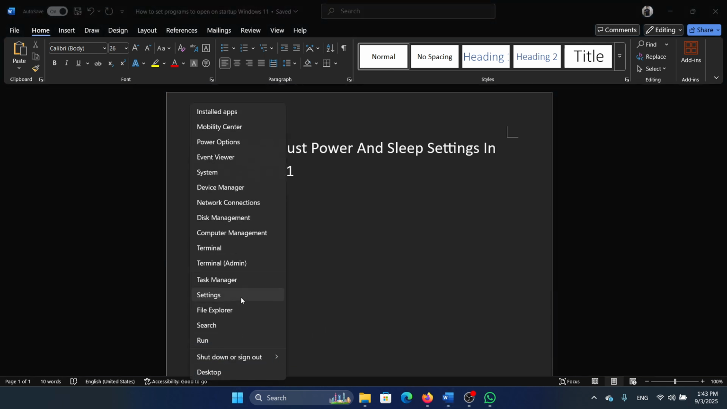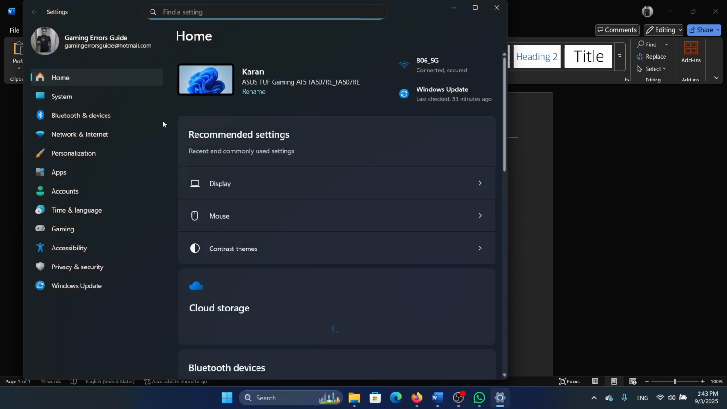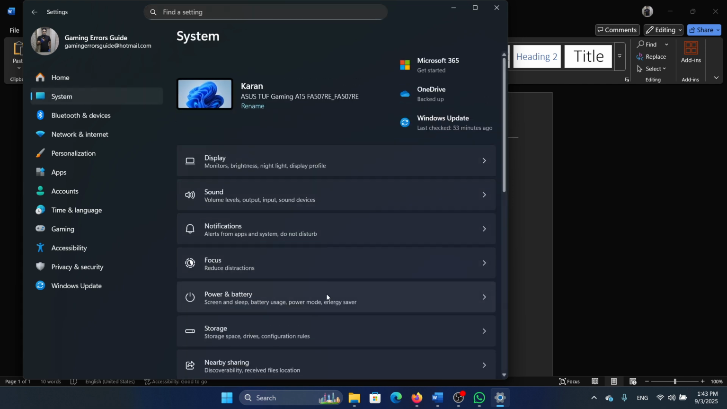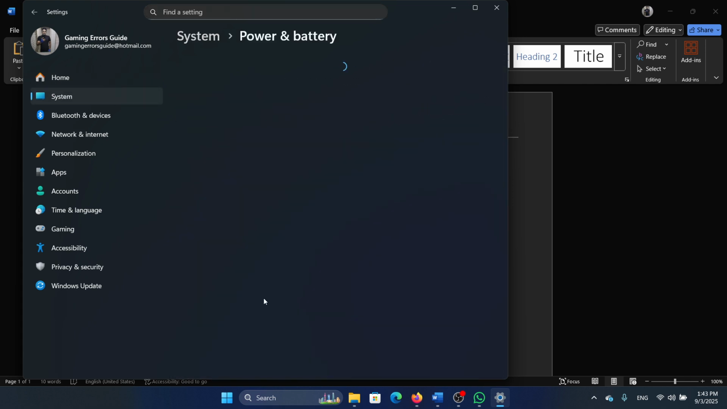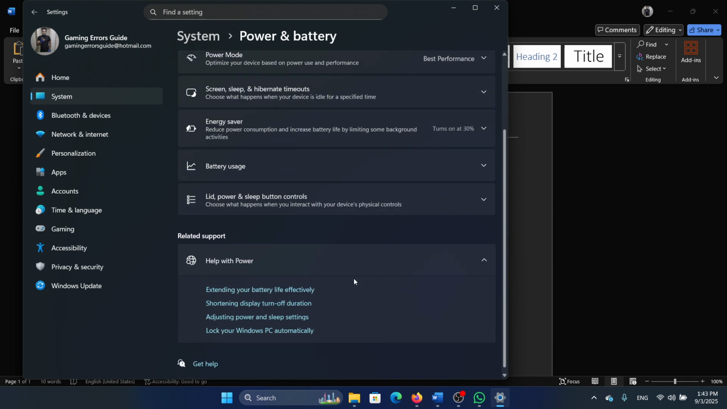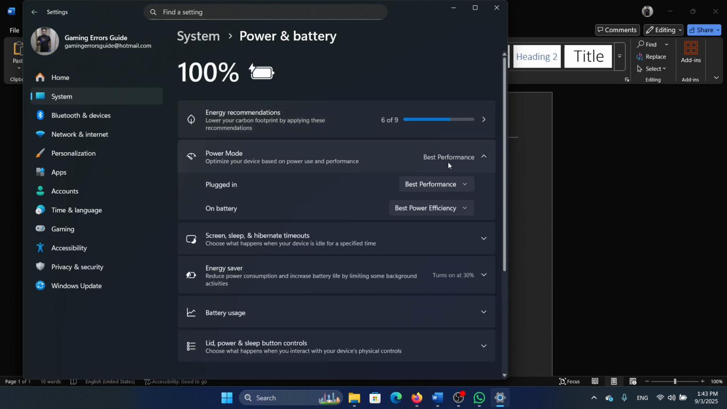Right click on the start button and select settings from the menu. Now you can go to the system tab on the list on the left hand side. In the right pane, select power and battery, and then you can expand the list for power mode, and then you can change it according to your